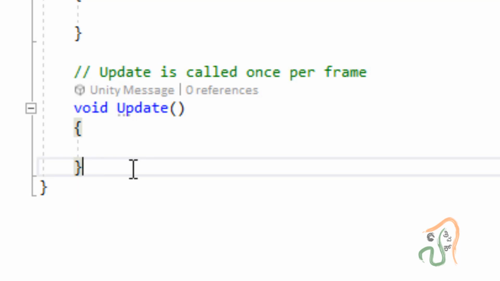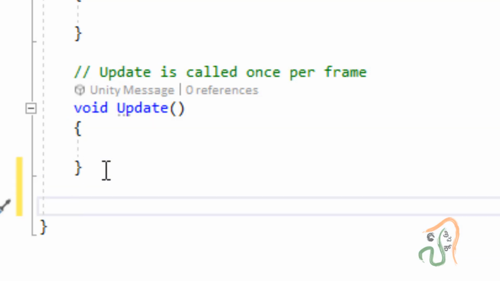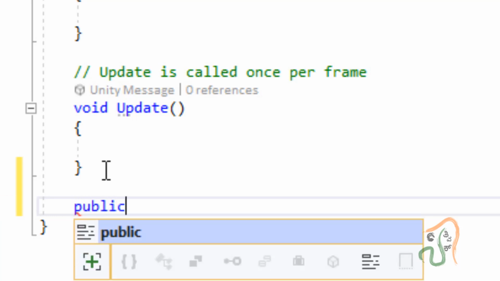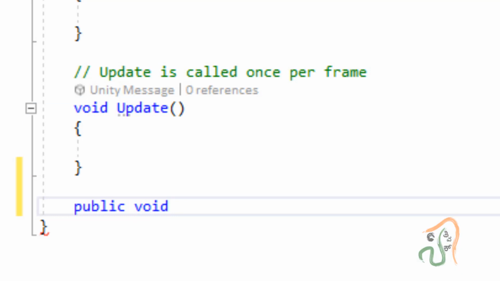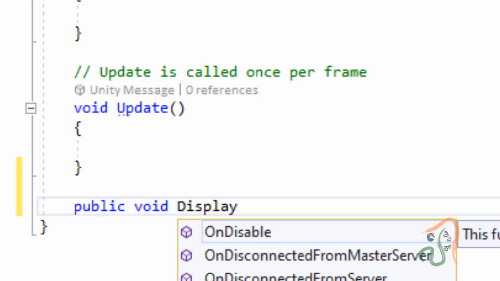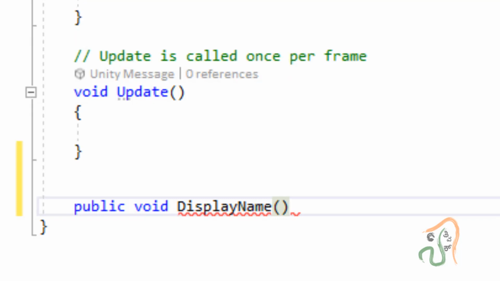The method that we are going to now create is, now after this update close bracket, press enter twice, and let us define this as, let us call this public, let it be void, it is not going to return anything, and the name of this will be display, with a capital N for name, and then end it with open close bracket and then open the flower bracket.